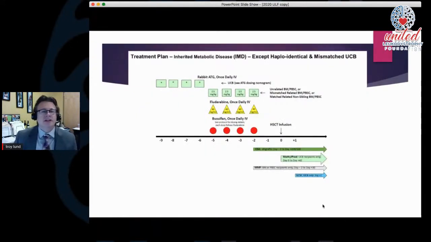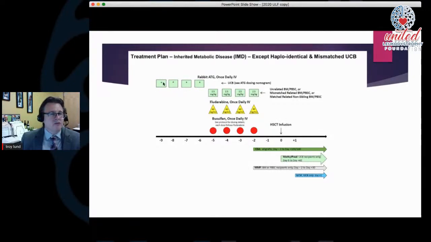Now, I just put in this slide to give you an example of what the transplant process looks like. And this is cut right out of our protocol, and it's one of several protocols we use. It may not be as up to date as what we're currently doing, but it gives you an idea of what happens in a transplant. The transplant itself is on day 0. So our whole world is surrounding day 0, which is when we infuse the cell product, whether it's gene therapy or whether it's a bone marrow transplant.